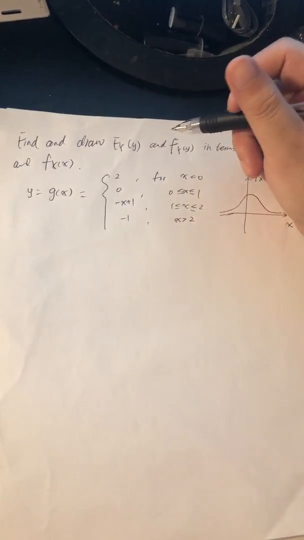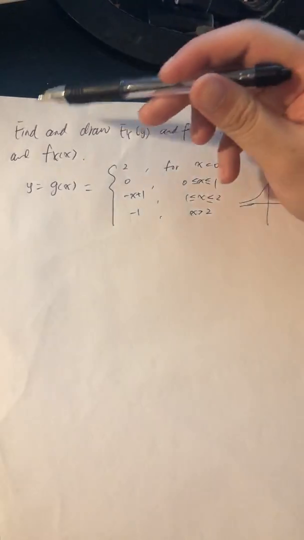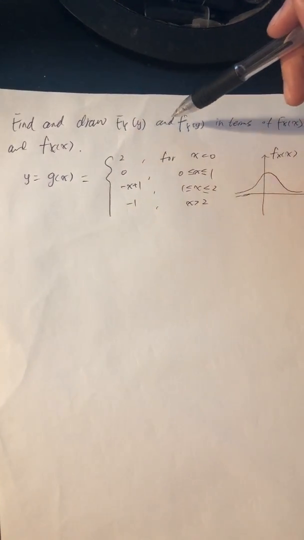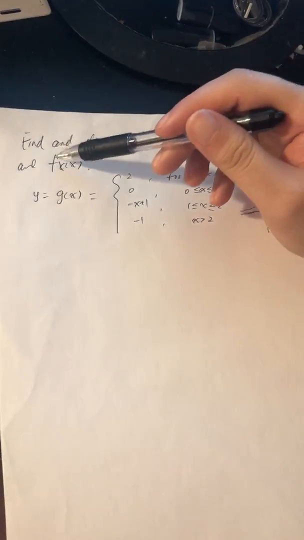Hi everyone, today I'm going to talk about homework 4 question 1. The question is: find and draw capital F_Y(y) and small f_Y(y) in terms of capital F_X(x) and small f_X(x), and it is given that Y